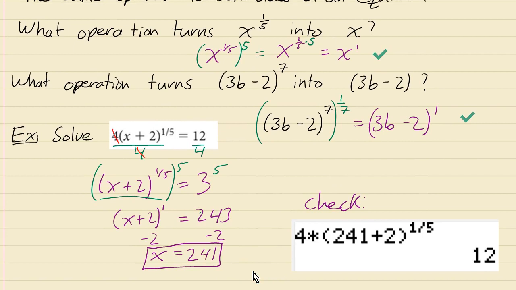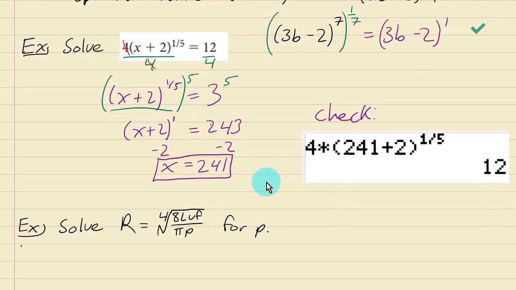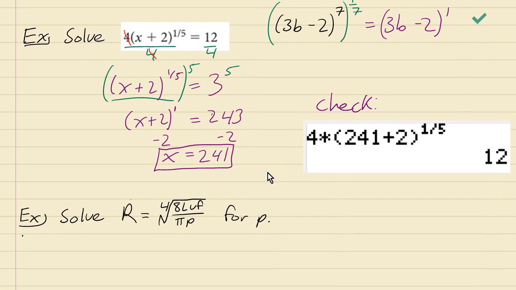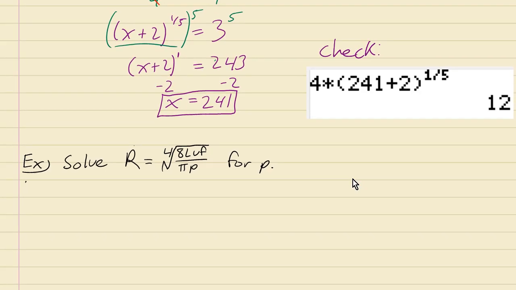Next, let's look at one that's a little bit more complicated. If we have an equation here with like 5 different variables in it, and we want to solve it for one of the variables in terms of the other ones, that means I want to get p equals. First, what we need to do is get rid of that 4th root. And just like